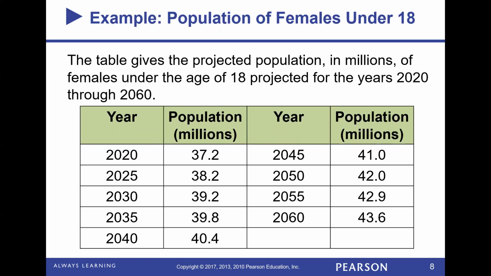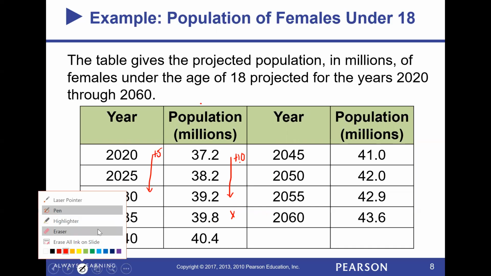Now, the first thing off the bat that I begin to notice is that there is a difference in the years, and it does look like it goes up by 5 every single time. However, I also notice as I'm looking here that this looks like it's the same until I get to this point here. So we are going +5 every time we go up in the years, but I thought we were going up by +10 until I got to this point right here, where 39.8 did not go up by a 10, but by 0.1. Sorry, that